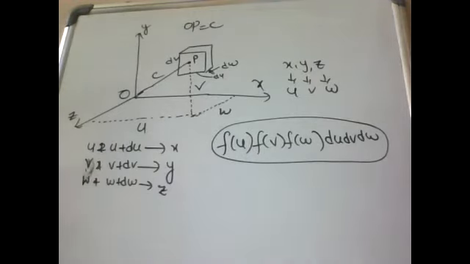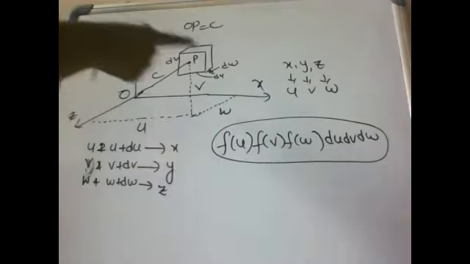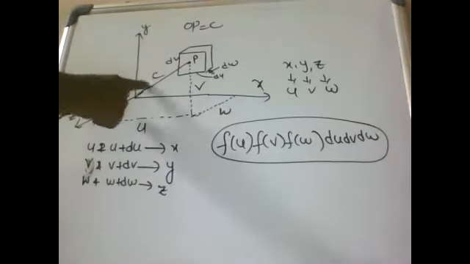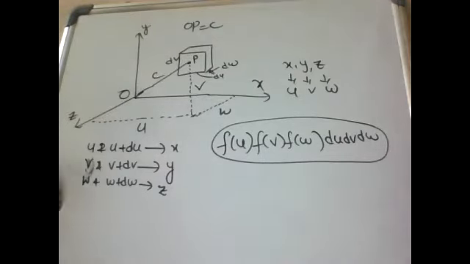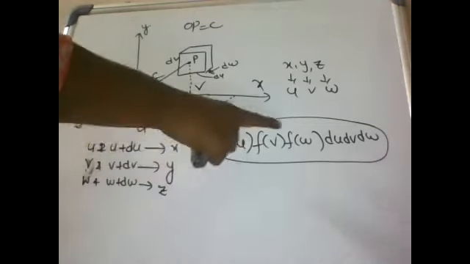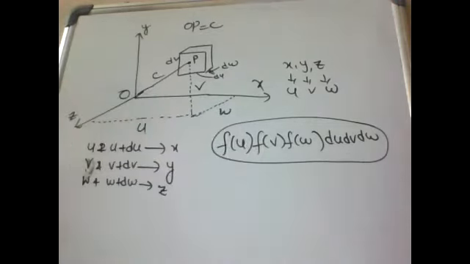Next, from this three-dimensional geometry, consider any gas molecule with origin O and x, y, z directions. OP is the velocity, c is the velocity along the OP direction, and u, v, w are the velocities in the x, y, z directions. The ranges are u to u plus du, v to v plus dv, w to w plus dw. The probability for these ranges we can write as f of u into f of v into f of w into du dv dw.